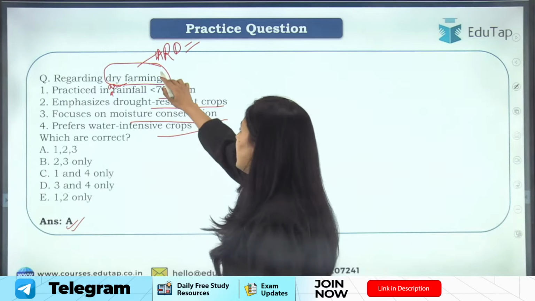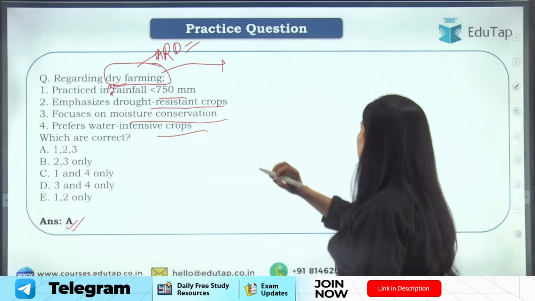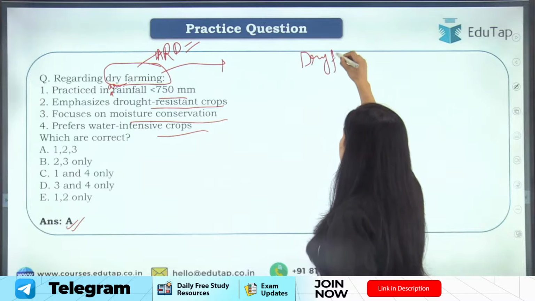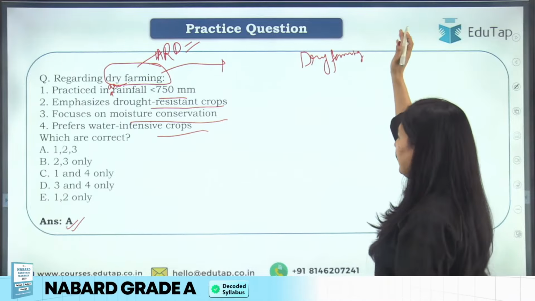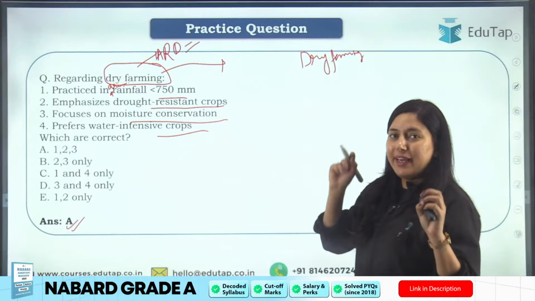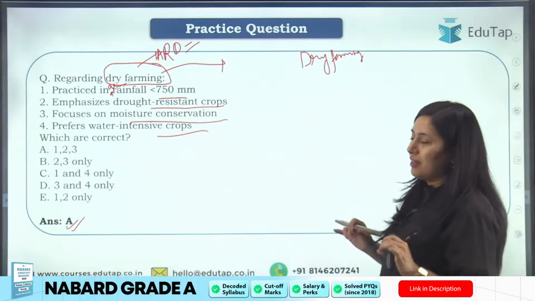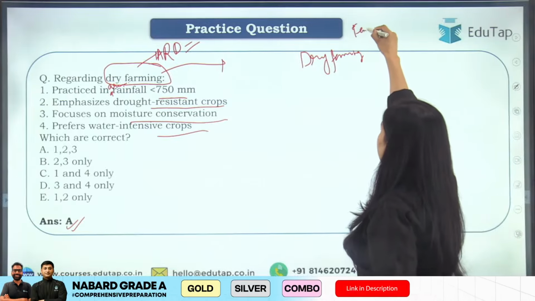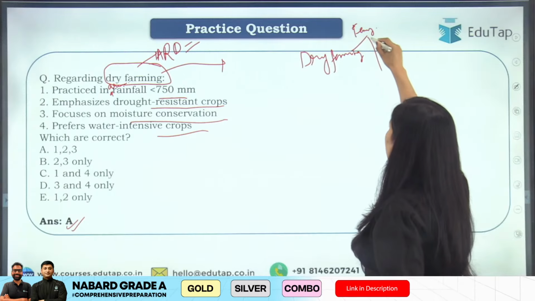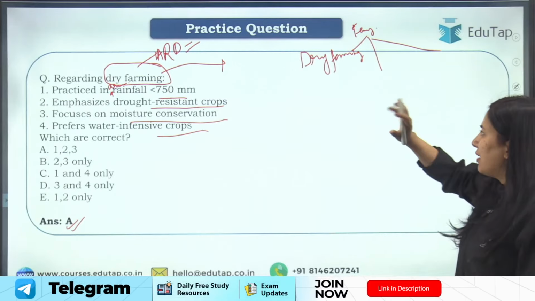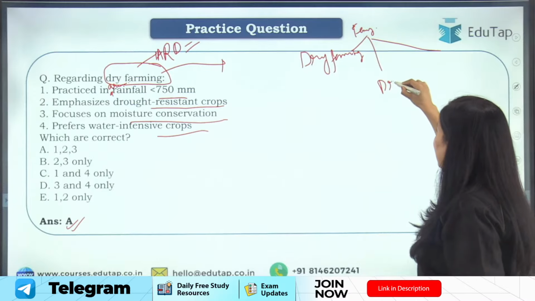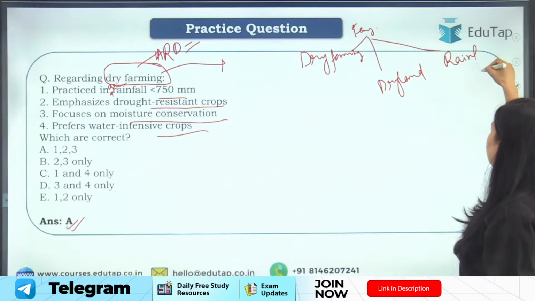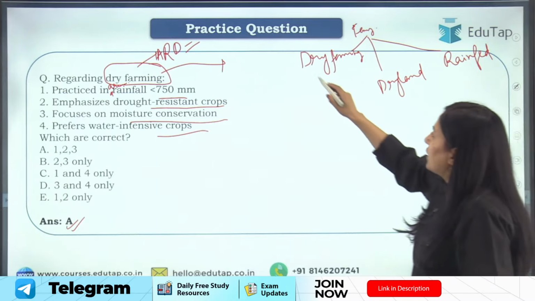ठीक है, ड्राई फार्मिंग के बारे में सीखते हैं. So basically students, we have dry farming. Farming is basically divided into 3 categories based on amount of rainfall received by any particular area. ठीक है, तो जो फार्मिंग है, कितना अमाउंट रेनफॉल रिसीव होता है किसी पर्टिकुलर एरिया पे, उस बेसिस पे डिवाइड की गई है: dry farming, dryland farming and rainfed farming. Okay, rainfed farming. What is this dry farming?